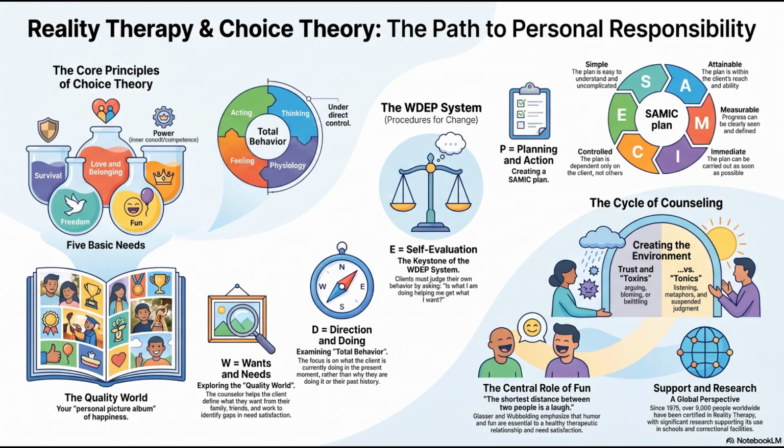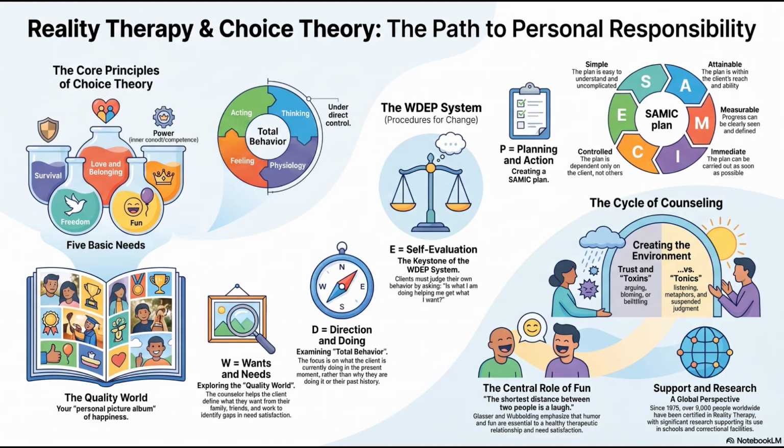Exactly. But if you say, I am depressing, it implies an active process that you are currently engaged in. It forces you to acknowledge that you are playing a role in your own state of being. Yes. And as uncomfortable as that is, the flip side is pure empowerment. Because if I'm the one actively generating this behavior, it means I have the agency to choose a different behavior. Exactly. It completely removes the helpless victim mentality. It communicates to the client, hey, you are actively generating this behavior right now because it's the best way you currently know how to deal with the frustration of your needs not being met. Right. And once we establish that you are generating it, we can figure out how to generate something that actually works better.